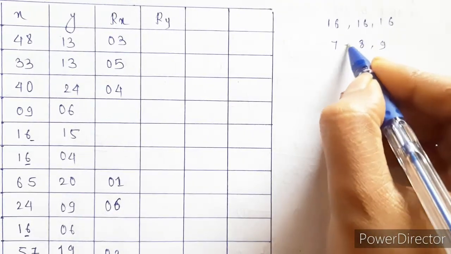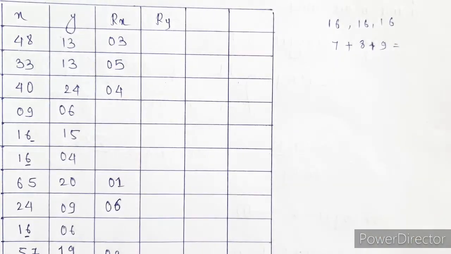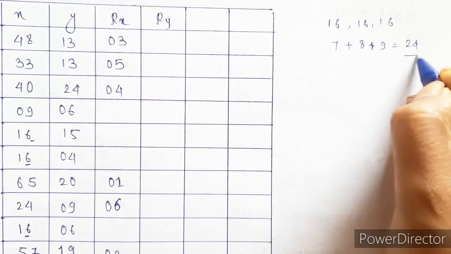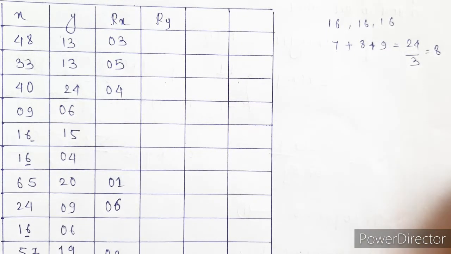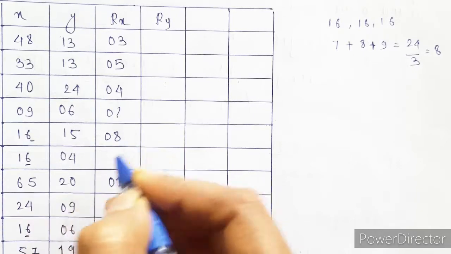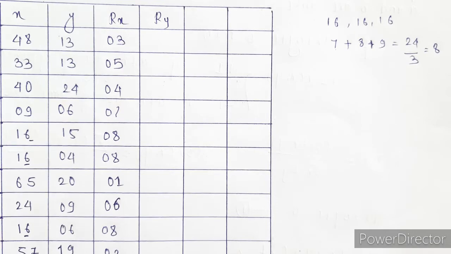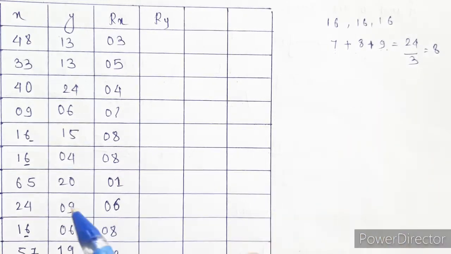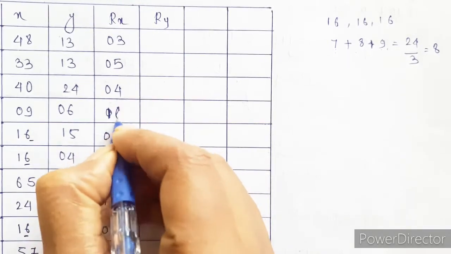So what we are doing is we are adding these ranks. The total in this case will be 24, and then since it is 3 times, we have to divide it by 3. So what we will get is rank 8. So all these 16s will get rank 8, and 7, 8 and 9 are already taken. Since we have 3 16s, the next will get rank 10. So the remaining one will get rank 10.